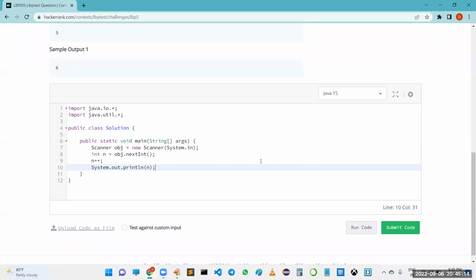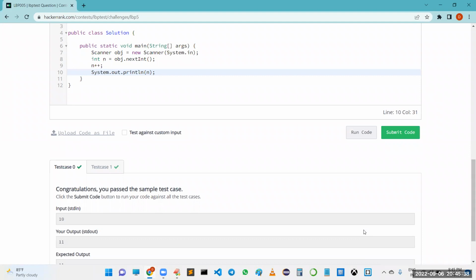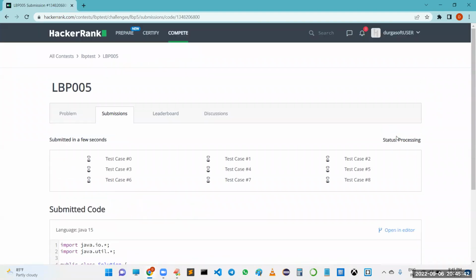So n is equal to obj dot nextInt. I increment the value of n with n plus plus, so the previous value is added with 1 unit, and System.out.println of n prints the updated value. Let us run the code. Is it working? Yes, perfect. And submit the code. You can see all the test cases are working.